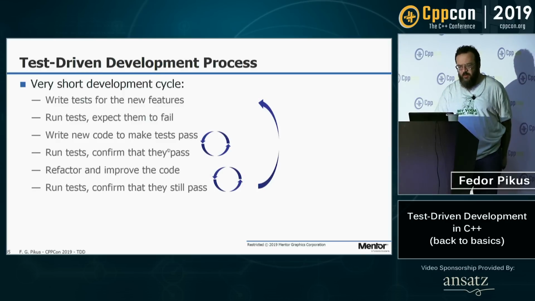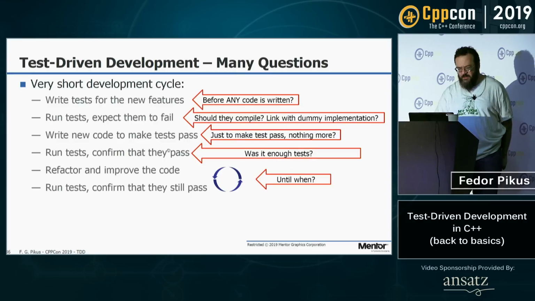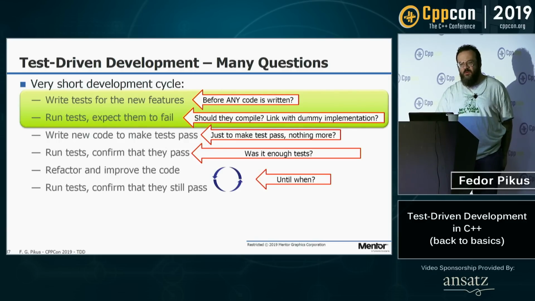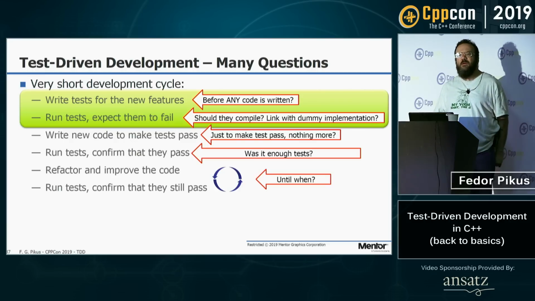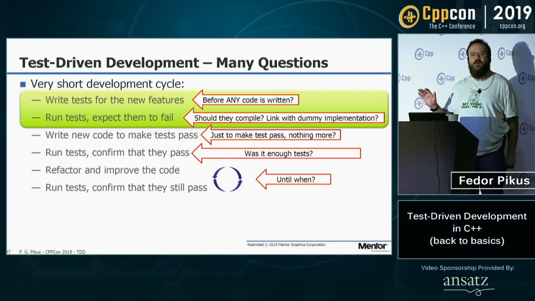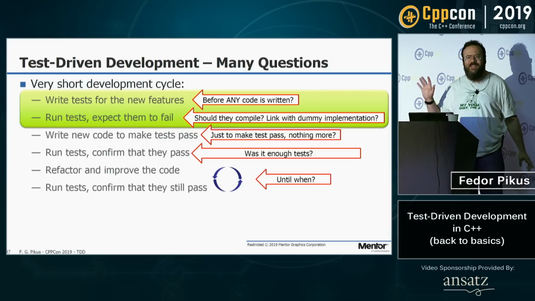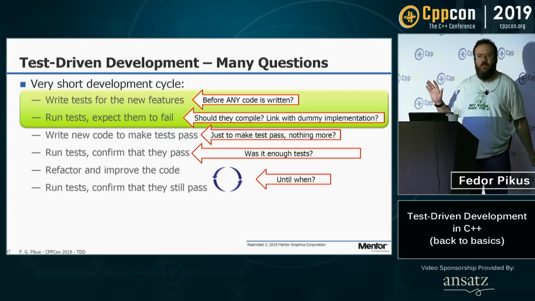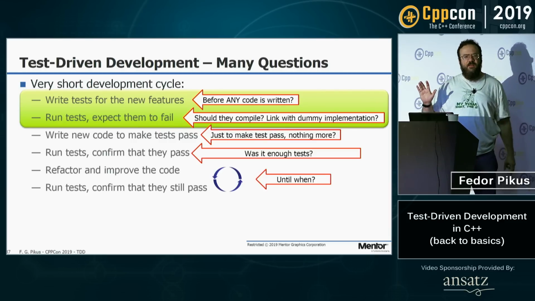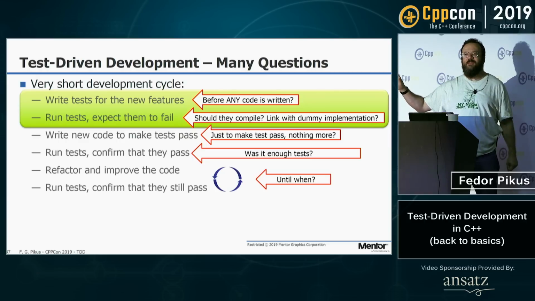Let's look at the test-driven development process. As I said, very short development cycle. But we had all these questions about what it means. And we had questions for pretty much every step of the process, so let's go through them. When do you really write the unit tests? Okay, of all the people who do it, or who want to do it, or who think that ideally they should be doing it if they have enough time, should you write the test before the code is written at all?